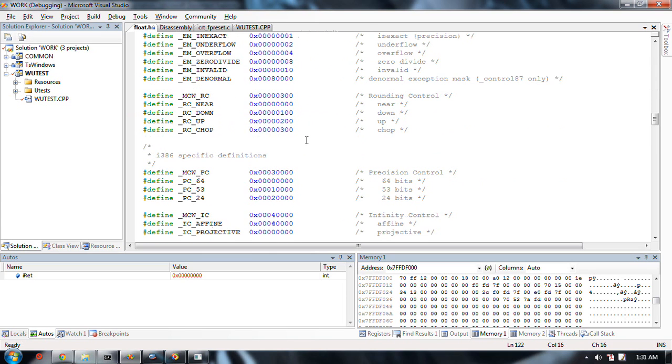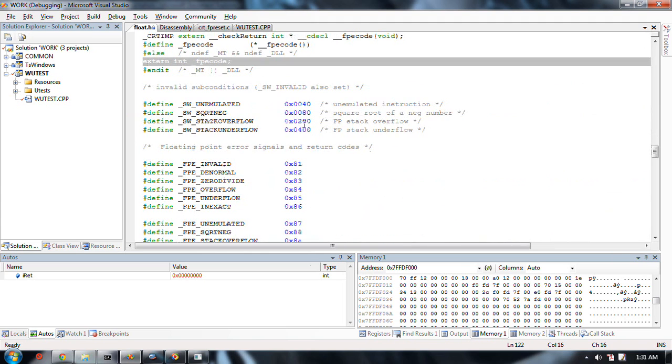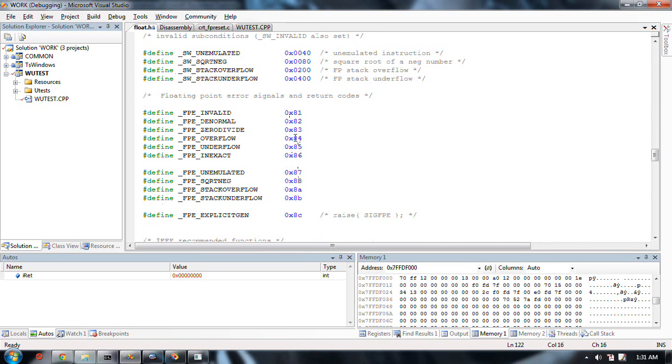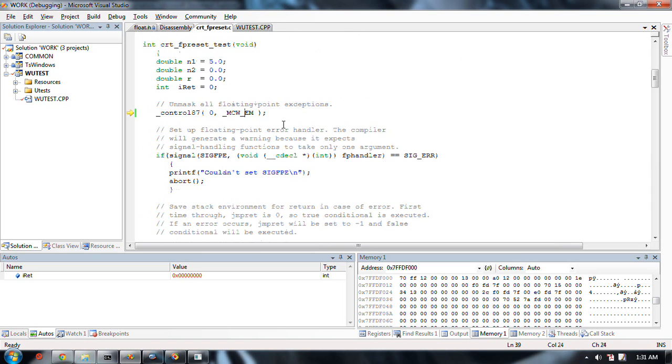Although they're bundled, the actual codes themselves are bundled up into these numeric values that don't really coincide with the mask. So anyway,